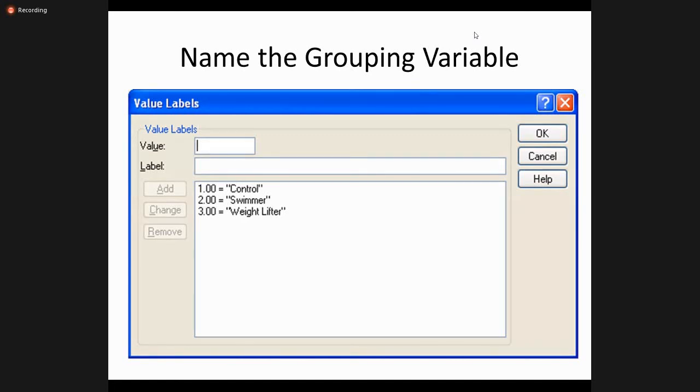So the difference is the number of groups. Otherwise, both work the same. ANOVA is basically, as I told you, an extension of the t-test.